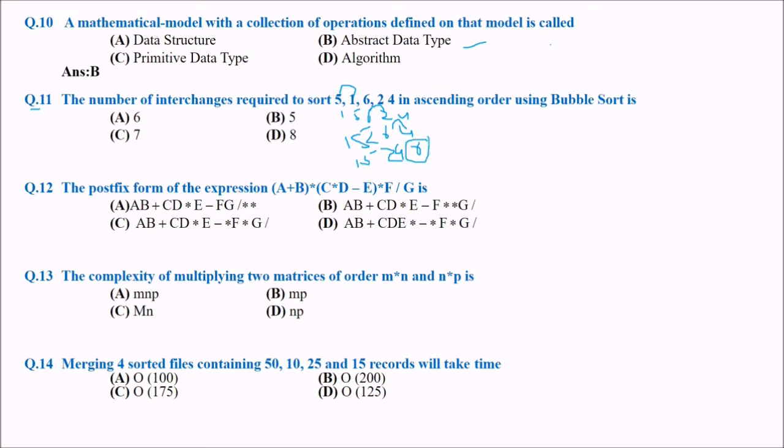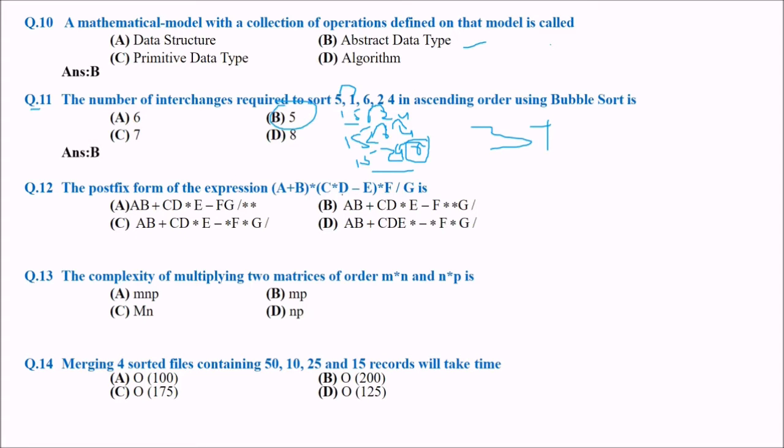How many comparisons have you done? How many interchanges? Actually interchanges, not comparisons. So how many interchanges in the first pass have you done? First you have done 1, 1 to 5, and then you have done 2 to 6, this is the second interchange, and then this one, the third interchange. Now in the second pass, how many are you going to do? Please pause and try it, and then tell me. These are 3 plus how many to arrange them in bubble sort? The answer is 5. Only 5 are required.